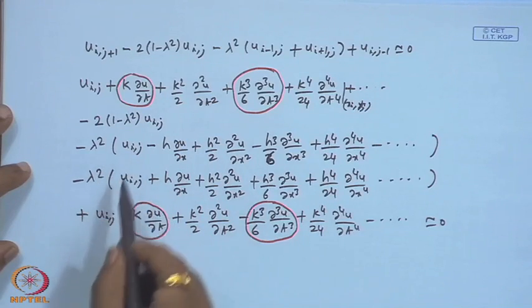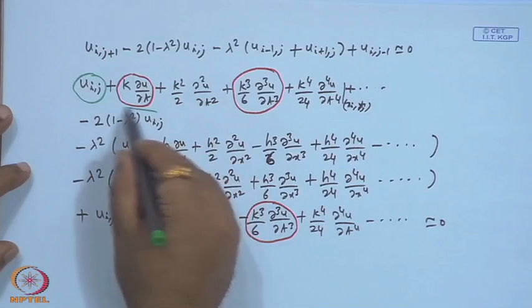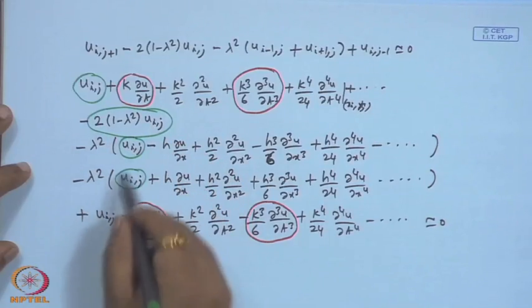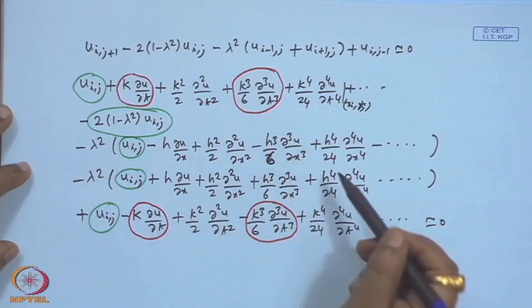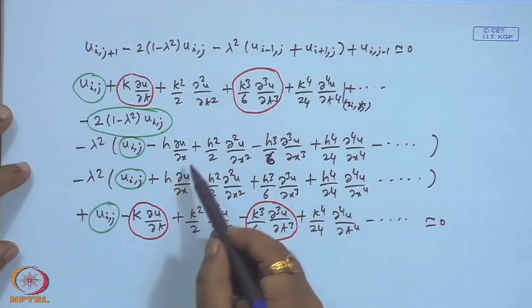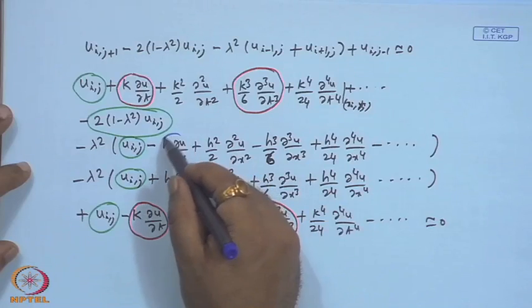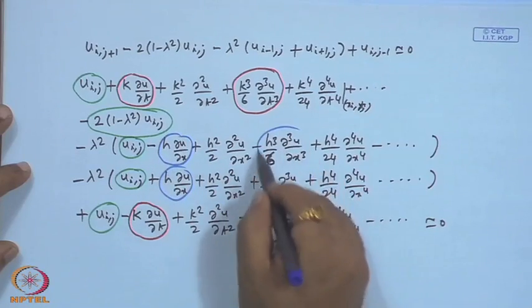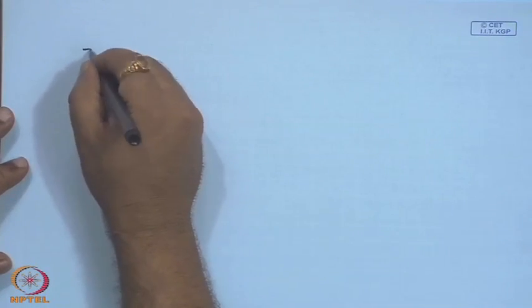Then we have a minus lambda square u_i and another minus lambda square u_i, so these terms cancel. Minus lambda square remains, and these terms get cancelled. If you count it, ultimately we get